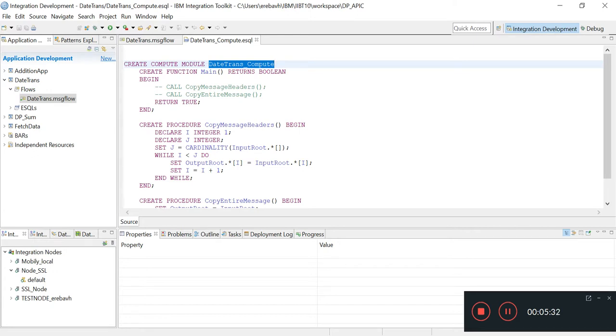I'm not going to send any input message consisting of these dates. I'm just triggering this message flow and I will send a sample message. So let me start to write code here. I'm just copying the message headers, not copying the full message.